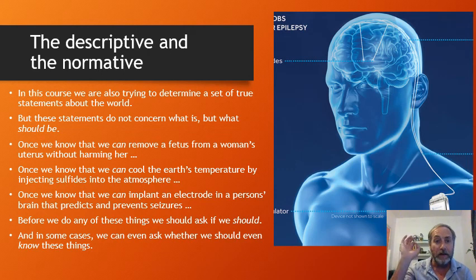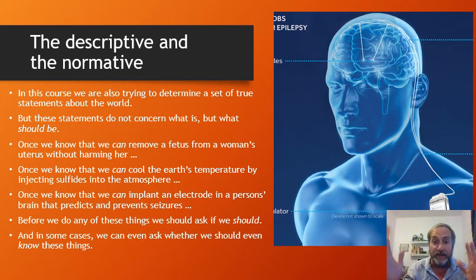But in this course, we're still trying to determine the set of true statements about the world, but not about what exists, but what should be, right? So once we know that we can remove a fetus from a woman's uterus without harming the woman, once we know that we can cool the Earth's atmosphere by injecting sulfides into the atmosphere, once we know that we can implant an electrode in a person's brain that predicts and prevents seizures, and this is all stuff we're going to talk about in this course,